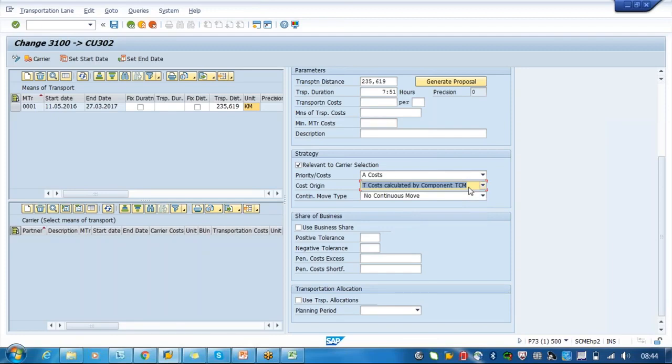TCM is transportation charge calculation management. It is one submodule in the TM. Okay, so it's a continuous move or no continuous move. The difference is continuous move in the sense the same carrier is first chosen. So it is going from Bangalore to Chennai. Okay, again from Chennai it is going again to the